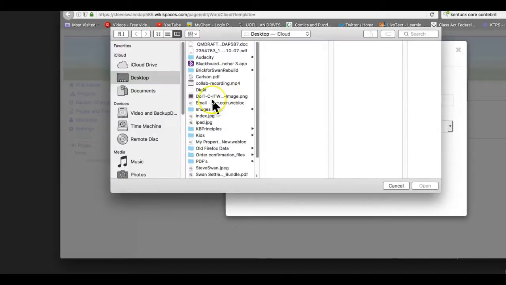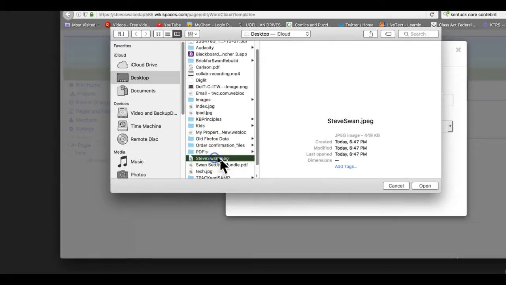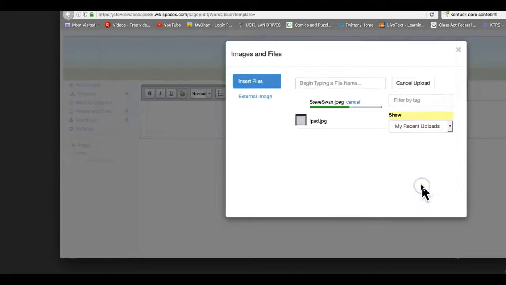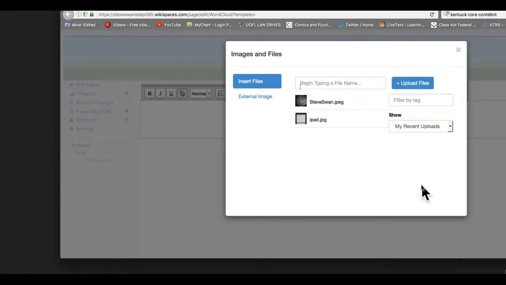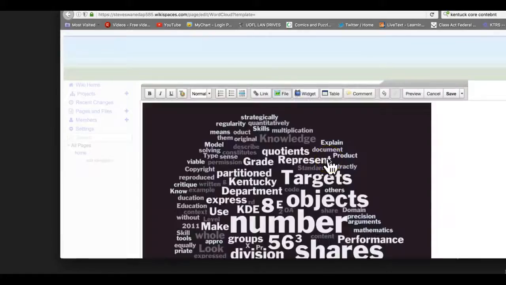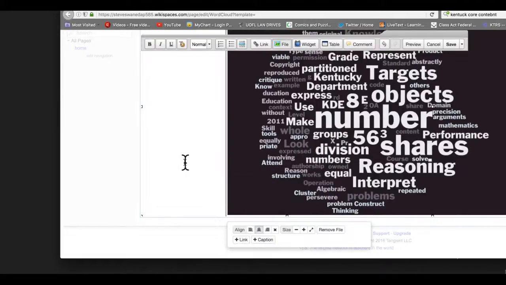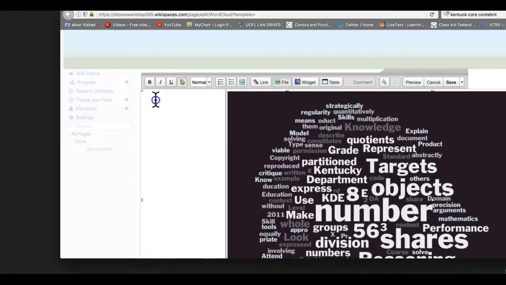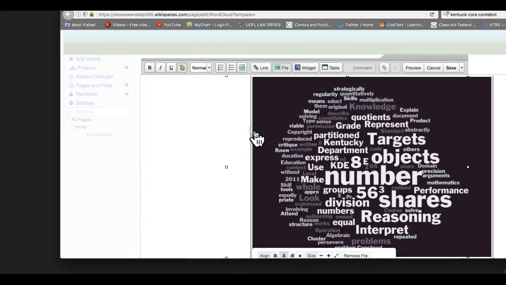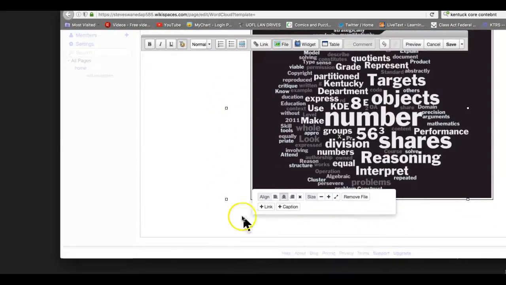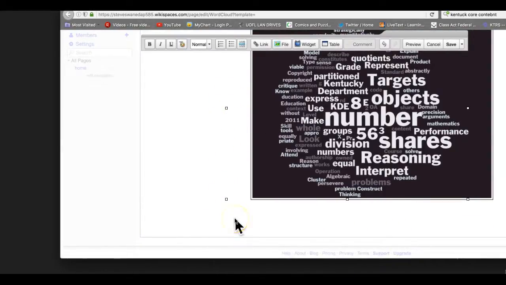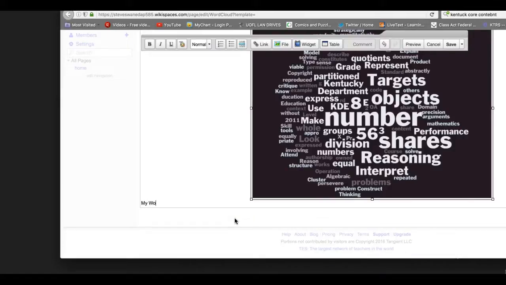I'm going to go to Upload File. I'm going to come down here and find it. I'm going to open, let it load. Click on it once. Boom. There it is. Now, I might want to add some text here. And I might want to put it in the center of the page. If I wanted to, I could grab a corner and make it a little bit smaller. And I can come down below it and say,